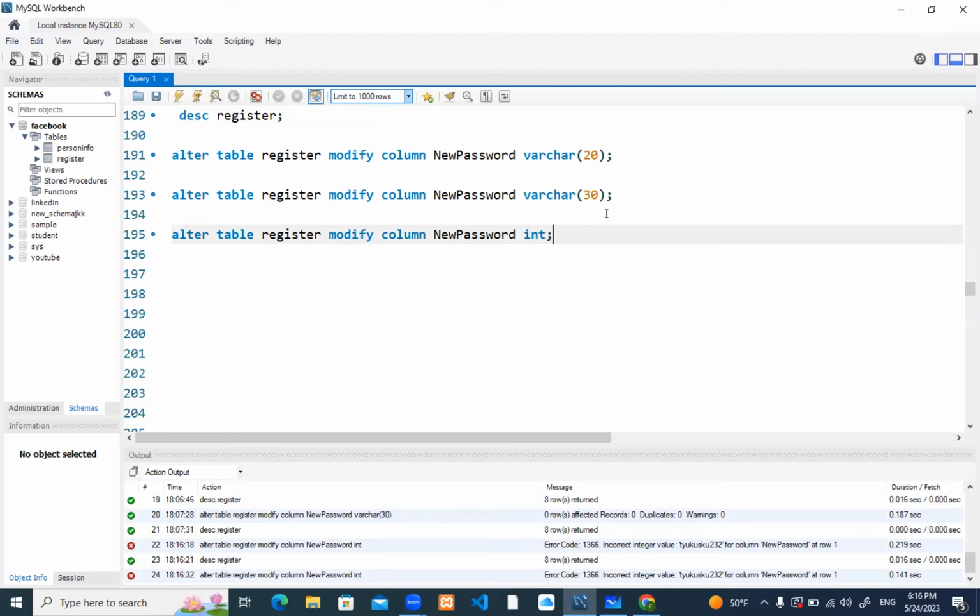Okay, let's assume it. Let it be for right now. Whenever it doesn't have any data, we can change that with the help of this command. Keep in mind that if the table has data inside new password, you cannot change the data type of that. If the table doesn't have any data inside the new password, you can change the data type from varchar to int. Suppose, for example, let's